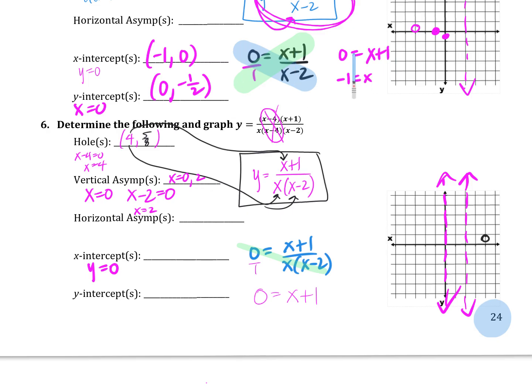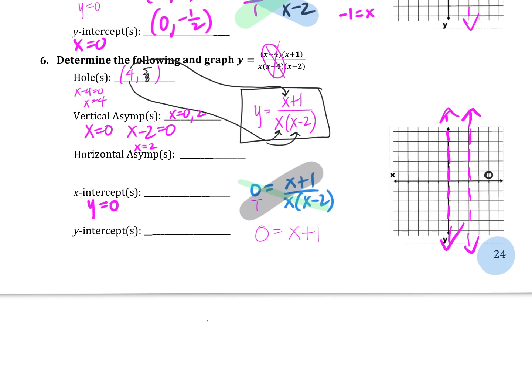You guys, so for the x-intercept, you can always do that. It's always when does the numerator equal 0. Now, we can go through the motions of how to get there. If I was a kid, I'd probably need to do that. But I just want you to know, if you want a shortcut, it is just 0 equals the top. What is my x-intercept on this one? -1. So we got -1, 0